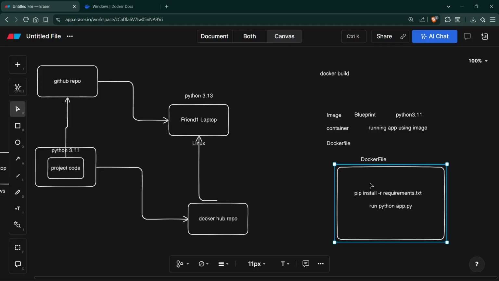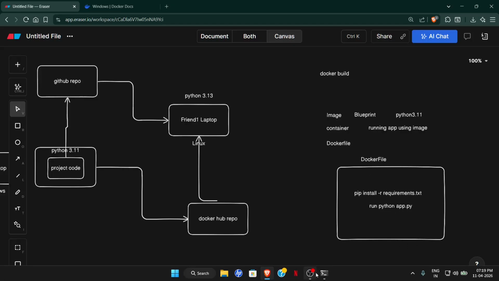And next we have run python app.py. While you're doing this, it will use Python 3.11, and it will run your app.py. So this is why we use a Dockerfile, or else Docker doesn't know what to run and what to do. All the commands which you would execute in the terminal are saved in the Dockerfile, and you just run docker build, and all the rest is installed automatically.